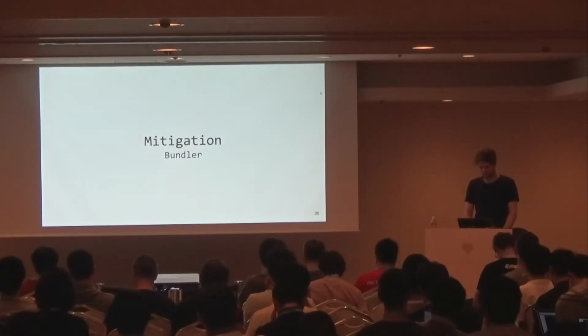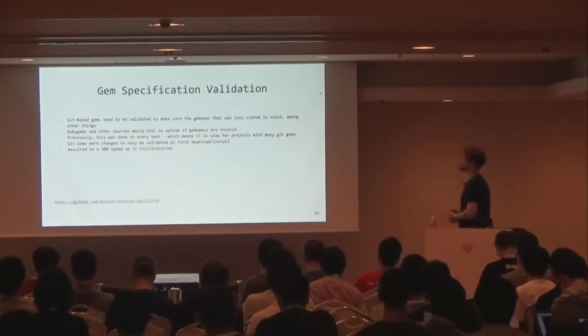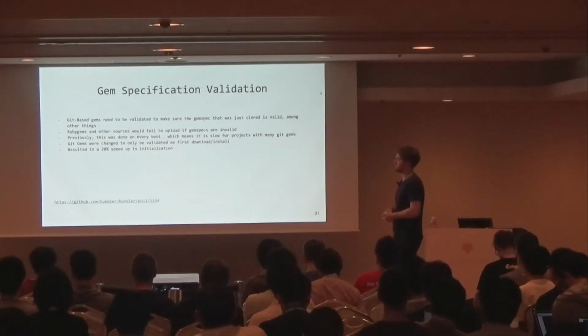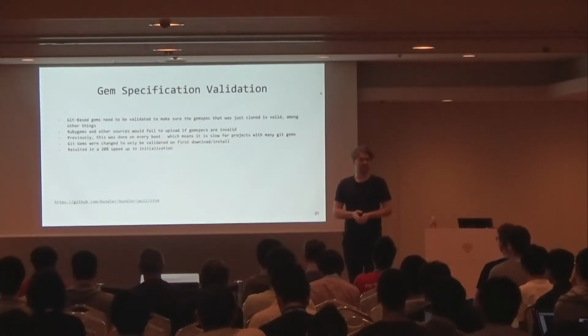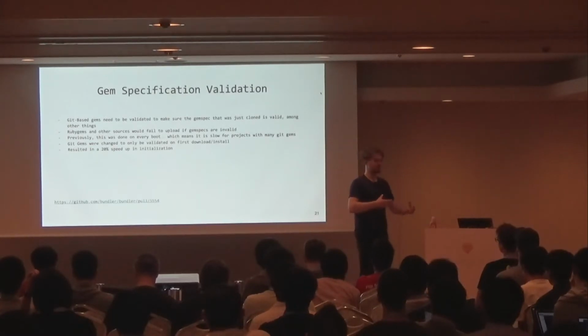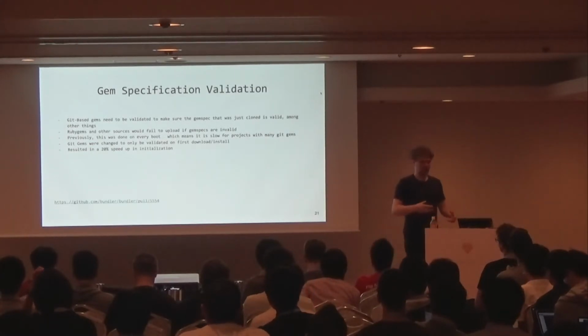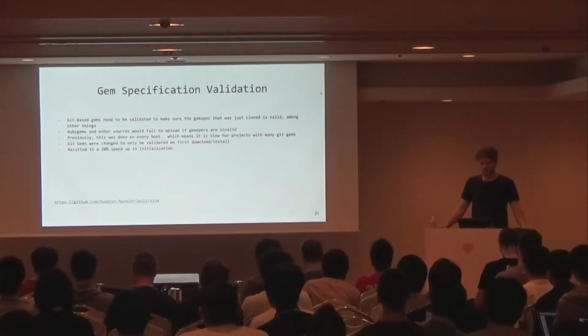But Bundler. So one of the issues that we had was gem specification validation. You might not know, but Git gems aren't a real thing. They're kind of like fake gems. And I say this because there's no native code within Ruby gems to support Git gems. And you'll find this out when you use gem specs. So what actually happens with Git gems is